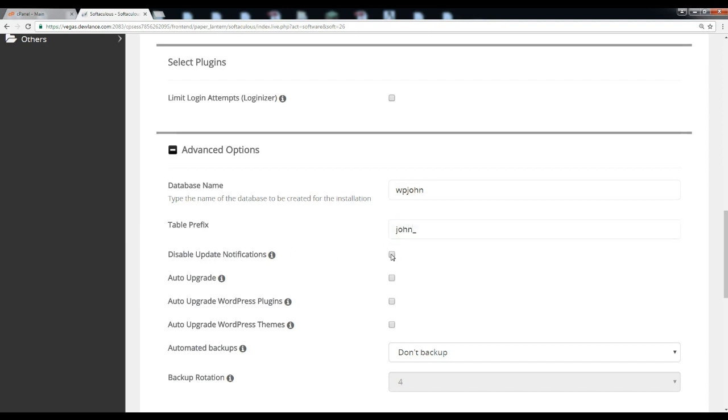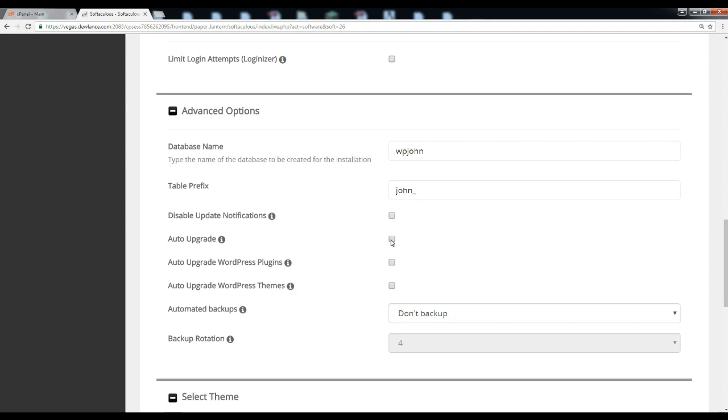Disable update notification. Softaculous sends us a notification that the latest version of WordPress is available. If you want to disable it, then disable this.